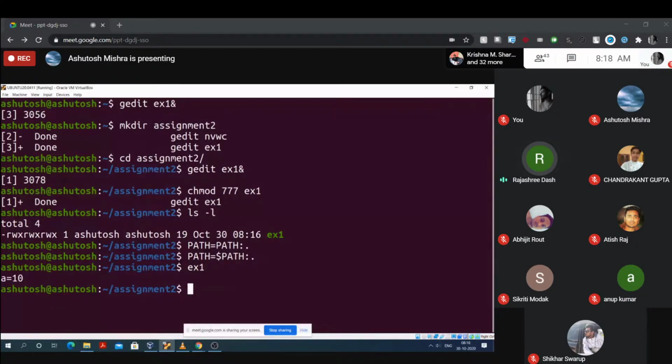So now all of you check. It has given the output as A equal to 10. By writing the line echo A equal to $A, it displays the message A equal to, and in place of $A, as you know that writing a dollar sign before any variable name accesses its value, it accesses the value as A equal to 10.